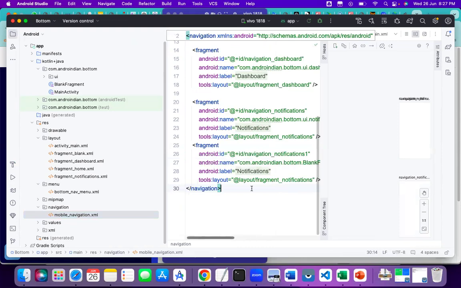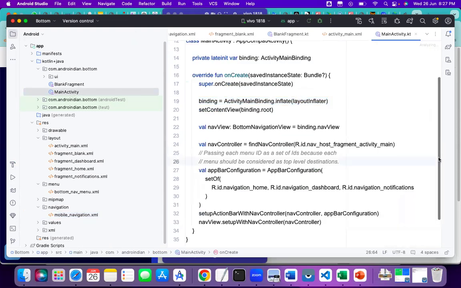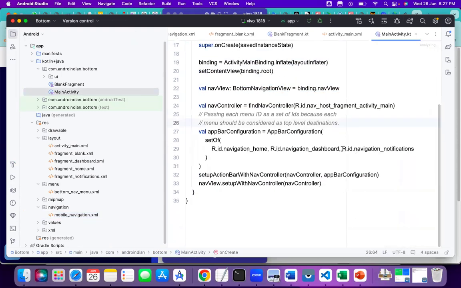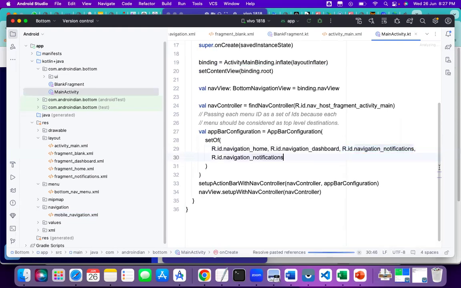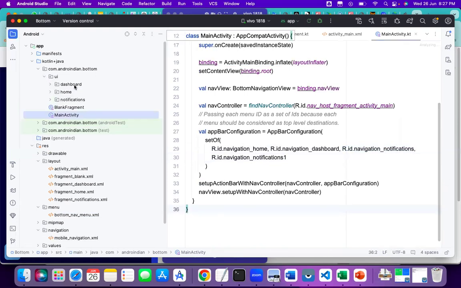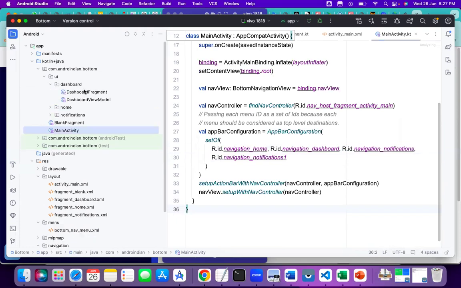So the fragment has been created here. Now we have added the menu here. Then after that, in the main activity, we are supposed to add this. We have to add that ID, with a comma, and we will add that ID. That's it. Then the listener will also come, right? Similarly, the fragments created here, the actual fragment, these all are created